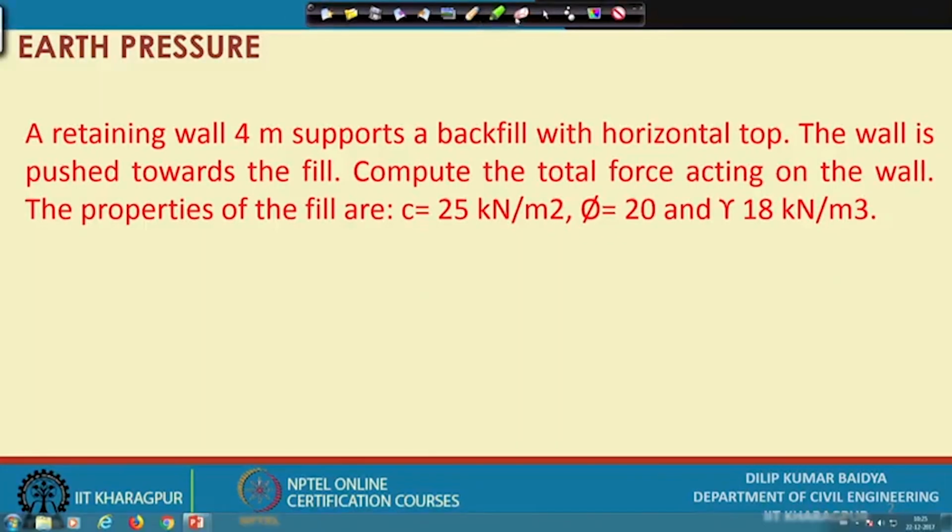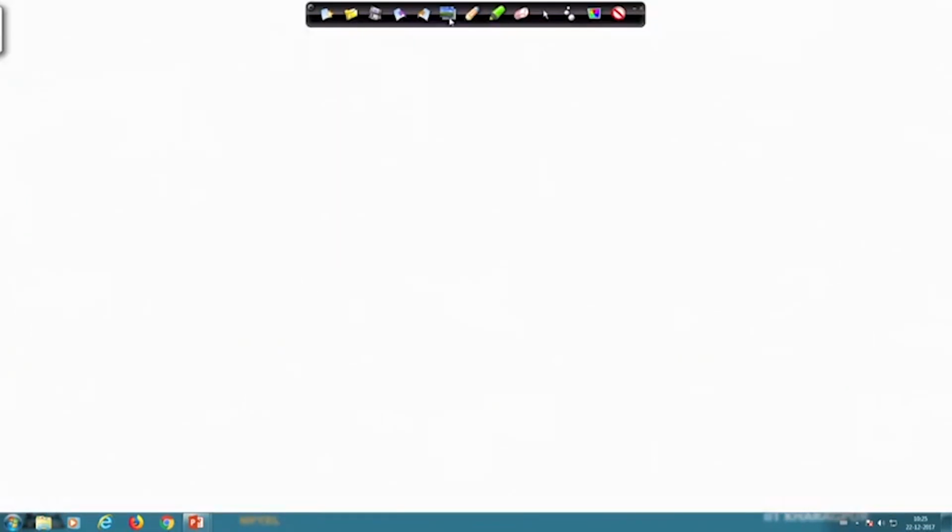So, let us try to solve this one. This is of course quite simple. The wall height was 4 meter, with a level surface, and C equal to 25, phi equal to 20 and gamma equal to 18. Since we are going to apply the passive case,